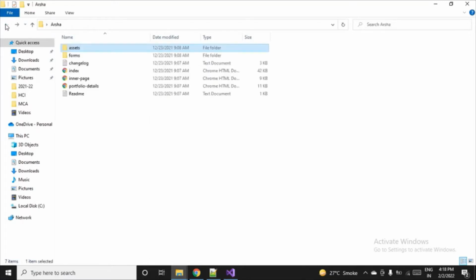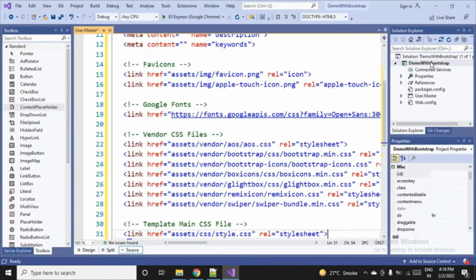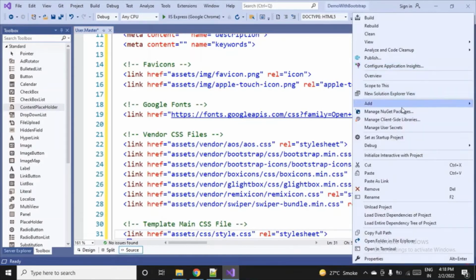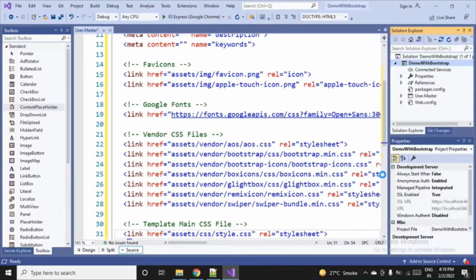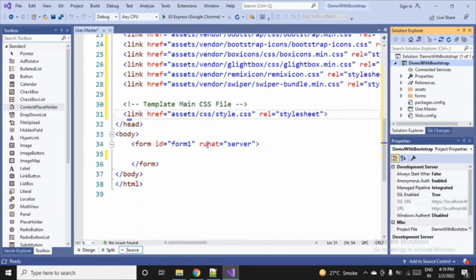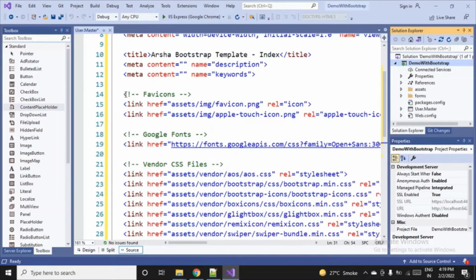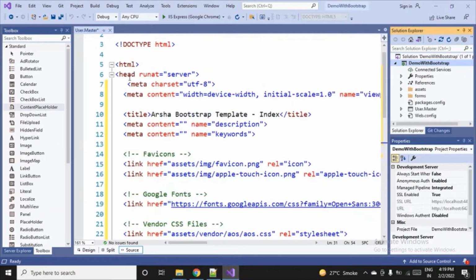When we are referring to those files, of course these folders should also be there in our project. So you just have to simply select it, copy it, go to Visual Studio, right click on your project, and then simply paste it. Then they will start referring to all those files. So this is the part for the head.